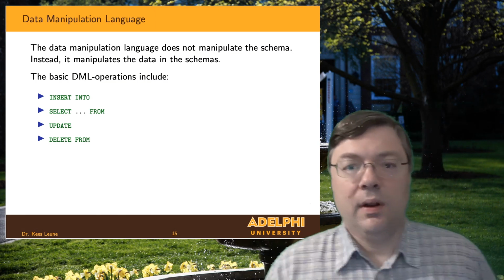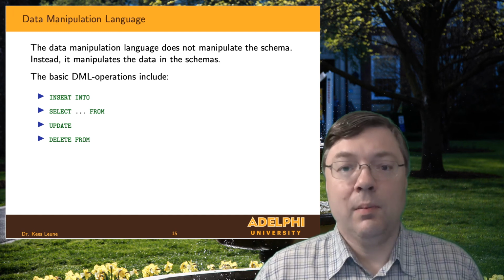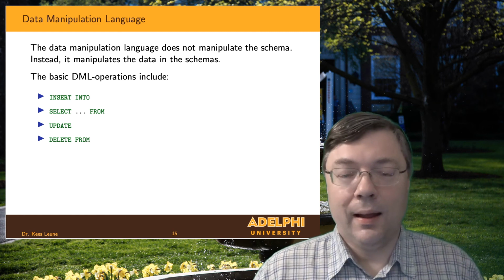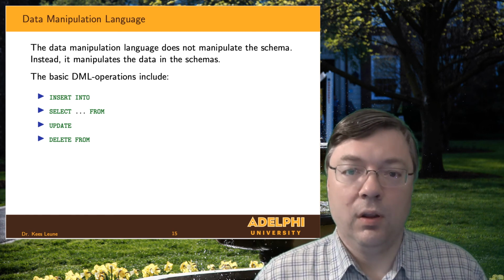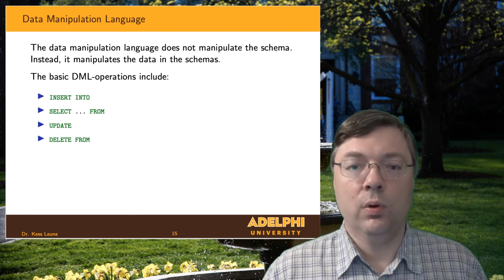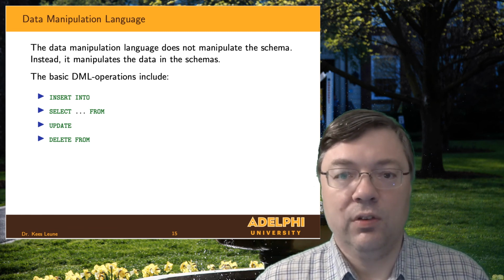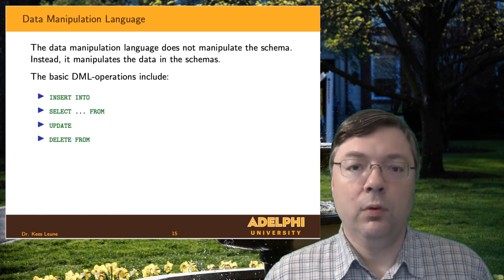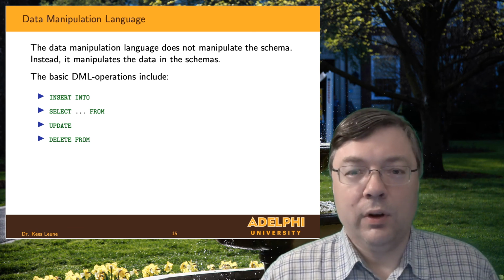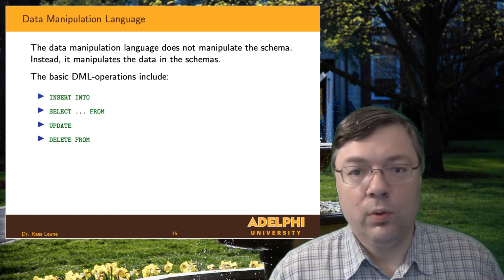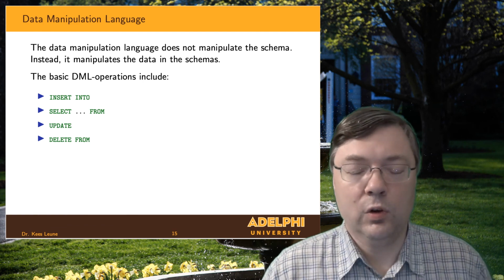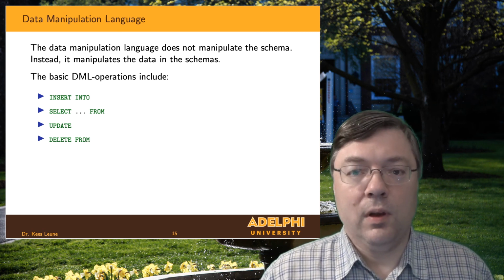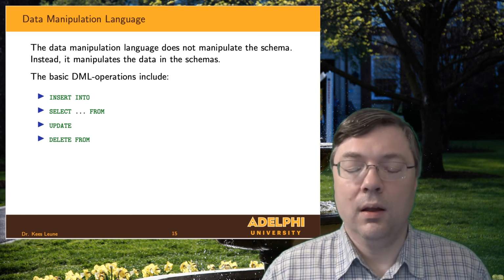And so with that, we have now seen the 4 basic data manipulation language operations in SQL. We know how to add data to the database using the insert into statement. We know how to retrieve data using select, and we've seen a simple select for basically retrieving the full contents of a table. We have looked at select statements that allow us to restrict, to project, and to combine both. We now know how to update data in the database with the update statement,